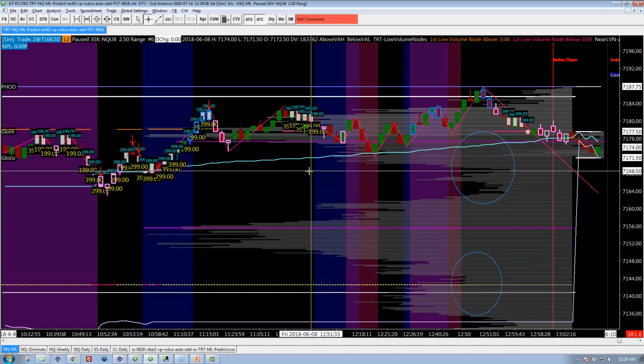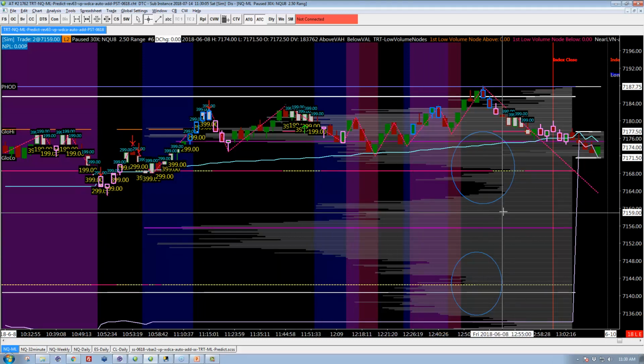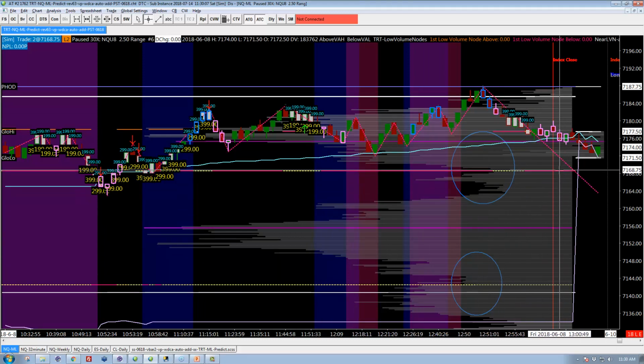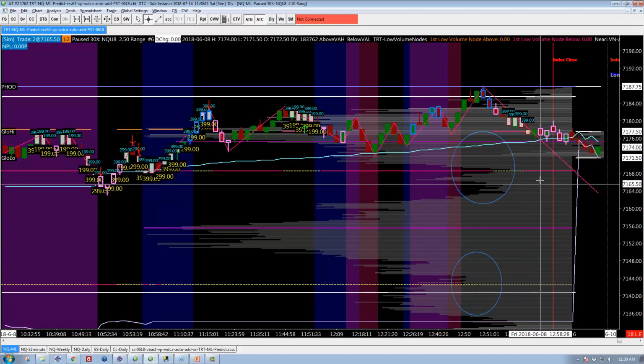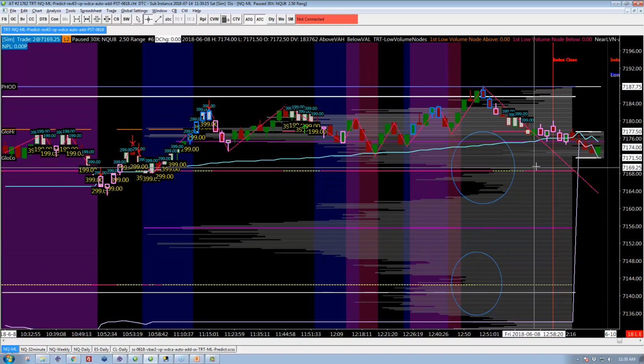This wasn't a low volume node all day long. We don't know what those were. You can't tell from the tools that are provided with Sierra Chart. You can only tell what is the low volume node at this point in time as the profile gets drawn. Which doesn't help me because I want to look back in time and see how the market behaved at